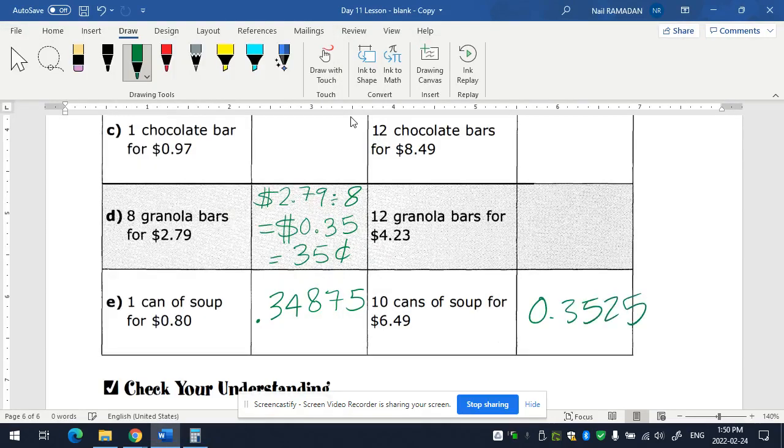Which one is a lower decimal? This guy or this guy? The first one, because the threes agree, so that's fine. This is a 4, this is a 5. So this has to be a lower number. So technically, this would be the lower price. But by the way, if you have a computer spreadsheet, and